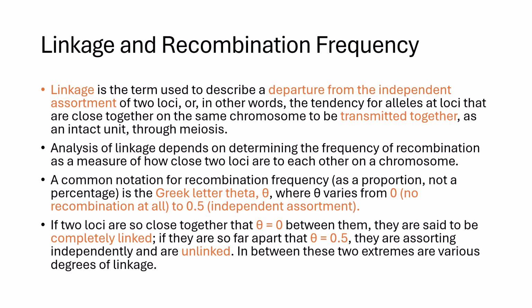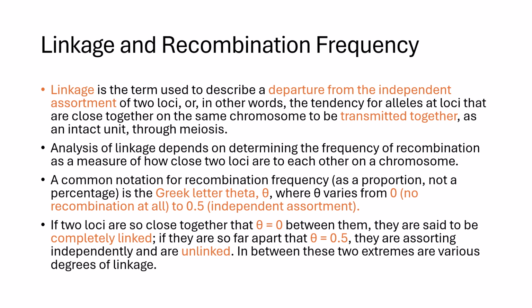Analysis of linkage depends on determining the frequency of recombination as a measure of how close two loci are to each other on a chromosome. A common notation for recombination frequency: recombination frequency is a proportion, it's not necessarily a percentage. The notation that's generally used is the Greek letter theta. So theta can vary from 0, where there is no recombination at all, to 0.5